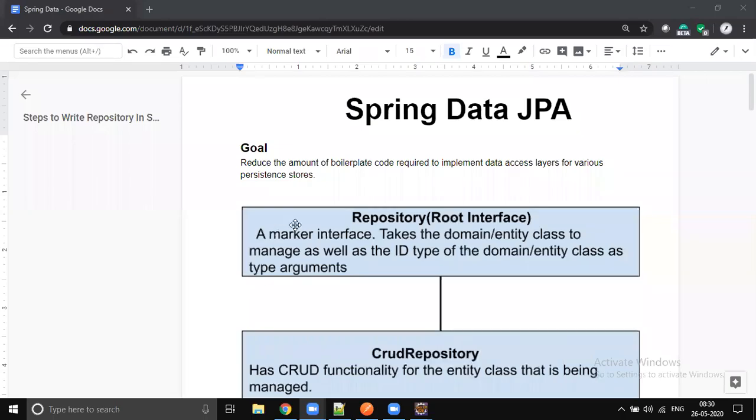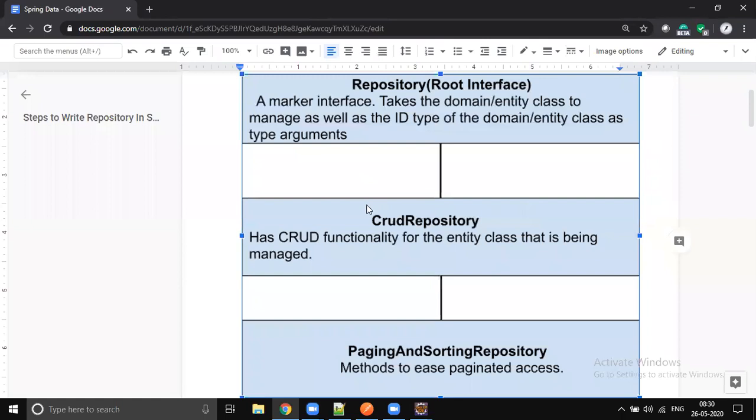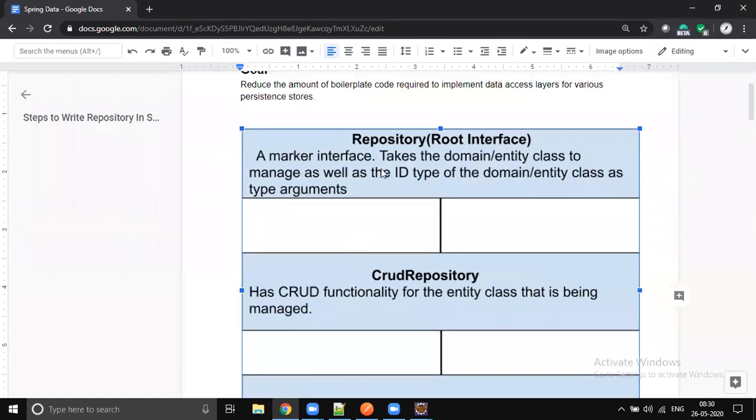Right, we started with why we need Data JPA. So we're going to get SQL interoperability, right? And it's going to be the repository. So this is the marker interface. I told you why it is a marker interface, because we have two paradigms: one is non-reactive and another one is reactive. So I can call them blocking and non-blocking. Non-reactive is called blocking. I will tell you why it is blocking when we are discussing reactive programming.